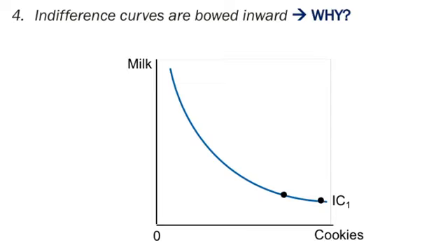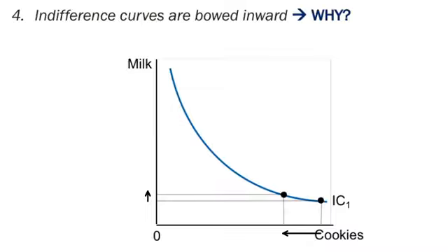Okay, now let's consider the other end of the indifference curve. Actually, let's start with the dot that's on the right. So the dot is kind of at the very end of the trail. That dot is consistent with a situation where a person's got lots and lots of cookies, but barely any milk. Well, if you're eating lots of cookies and you don't have any milk, your mouth starts to get dry, like you really, really want milk, and you've just got a surplus of cookies here, so what would you be willing to do? You'd be happy to give away like a dozen cookies just to get one glass of milk,